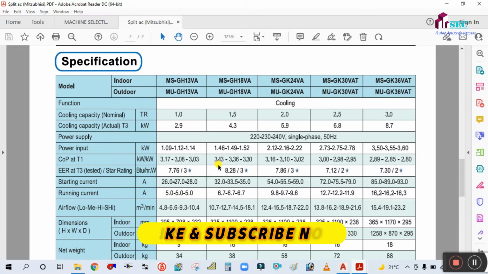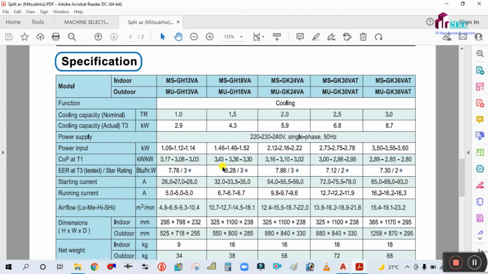That means more star, more saving. Initial cost is high, but running cost is less. This is the 1 ton, 1.5 ton, 3 star, and this is the EER. If you see here, cooling 2 ton and EER is 7.86. See here, the EER for this 2 star machine is 7.12. That means the less star, less efficiency,